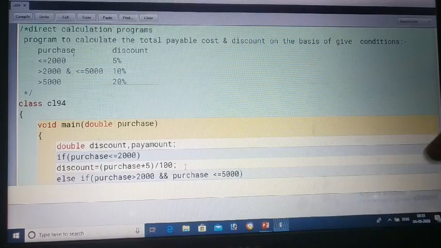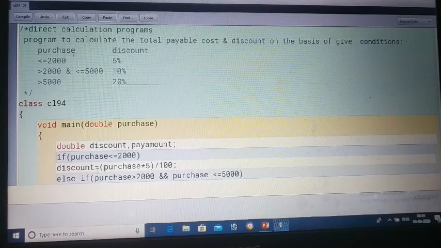Now see how I have written the condition. If any such kind of range is written, from 2000 to 5000, or from 10,000 to 50,000, you will apply two conditions here. One condition for the left side, second condition for the right side, and both conditions will be joined with the AND operator.